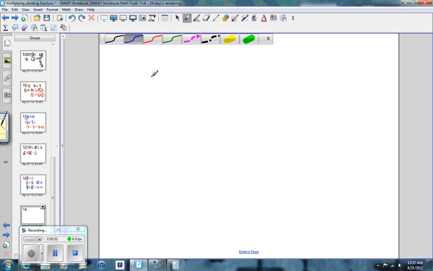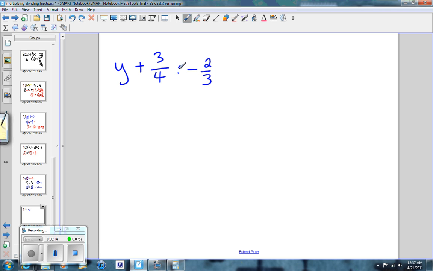All right, last step, our last concept here is solving equations that have fractions in them. We have y plus 3/4 equals negative 2/3, and then we have negative 8/9 times x plus 5/6. Both of these problems, you might remember that we had problems like this before